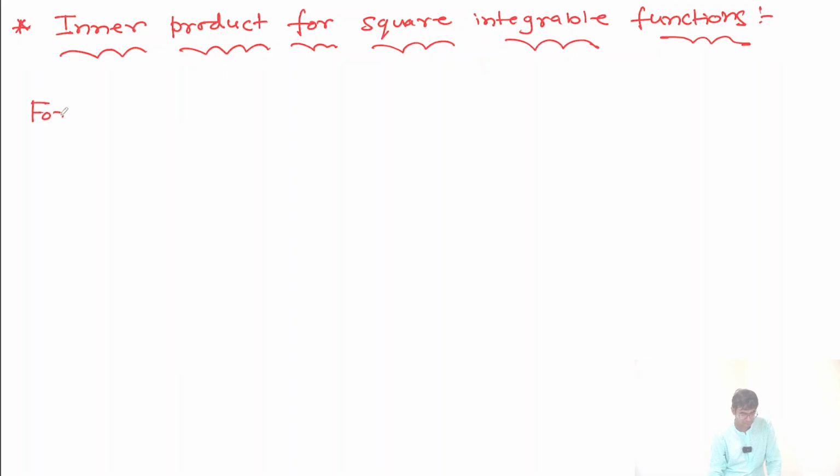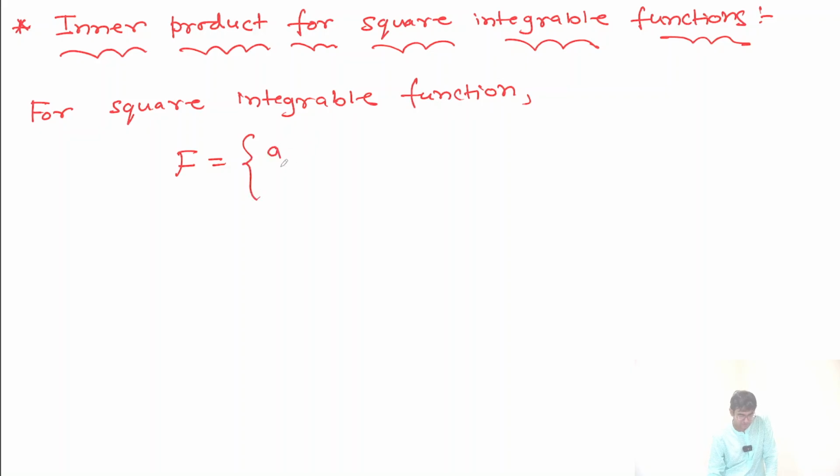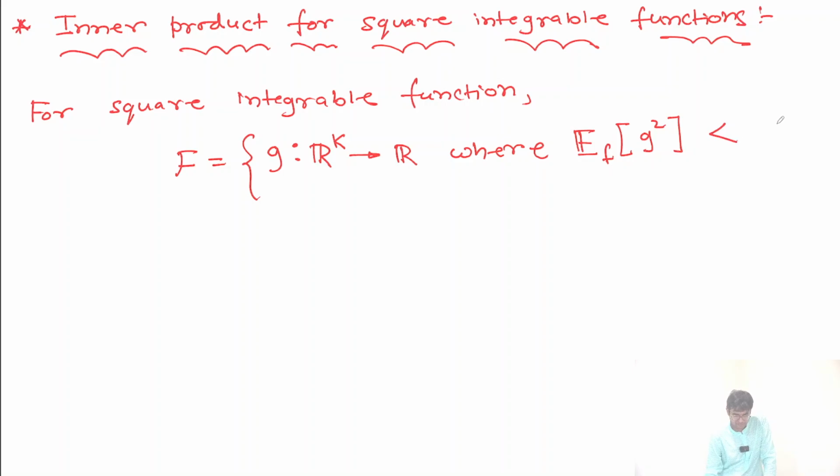So to define it, for a square integrable function, which is f, g, I am not writing x, g is a function of x, but I am not writing that. g mapping from R of k to R, where the expectation with respect to f of g square is less than infinity, we define an operator,